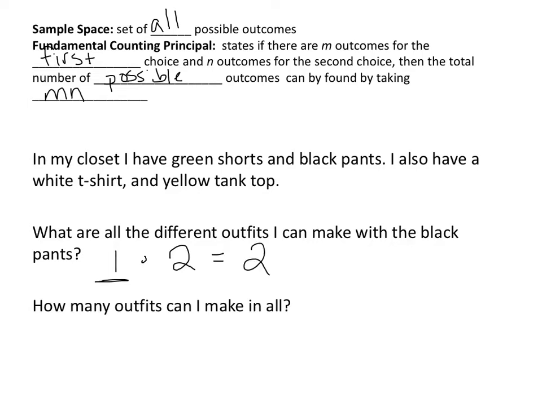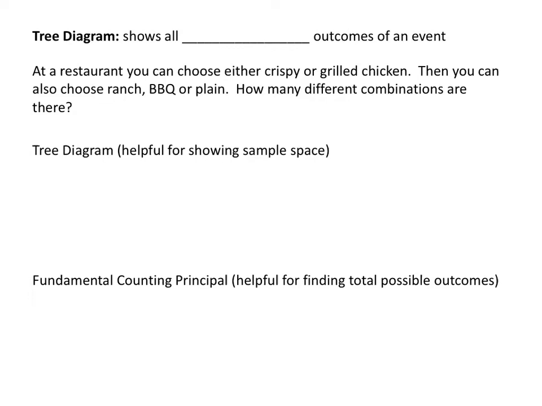But how many outfits could I make in all? Well, if I look at all of my possible clothes, because I have green shorts and black pants, there's 2 different pant styles I could wear, and the 2 different shirts, so 2 times 2, or 4 different outfits I could make in all. Besides the fundamental counting principle, which can tell us the total number of outcomes, we sometimes